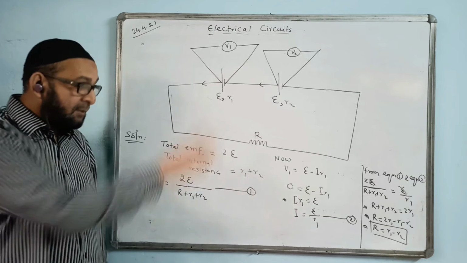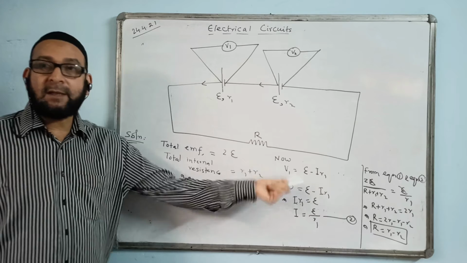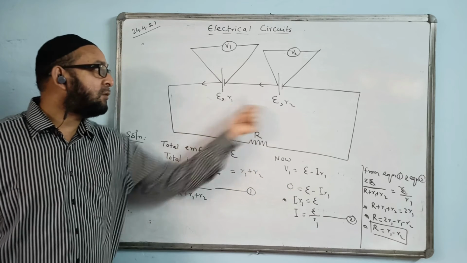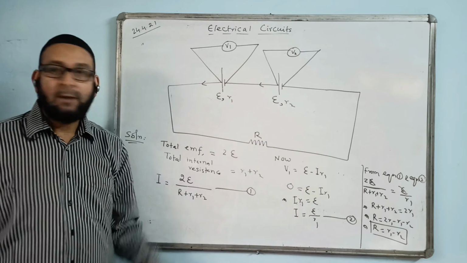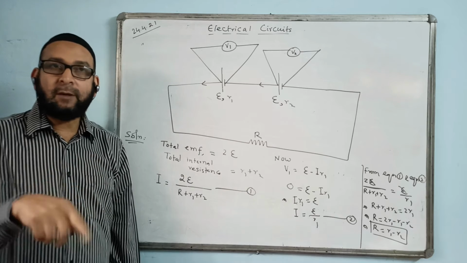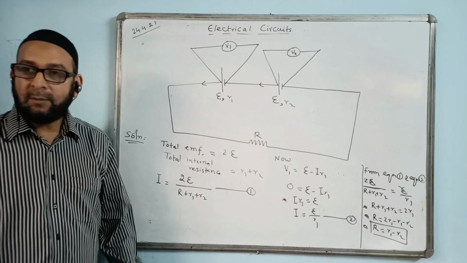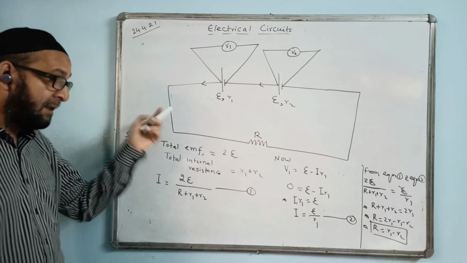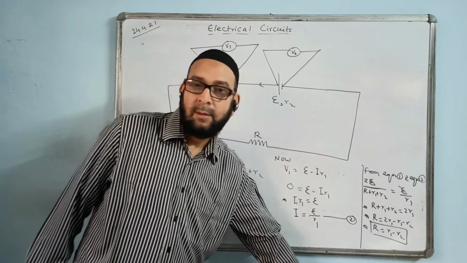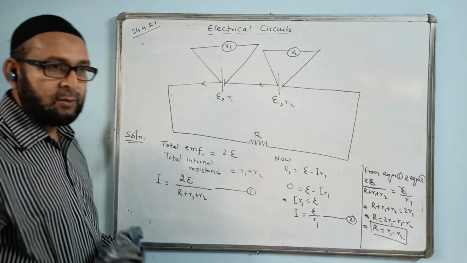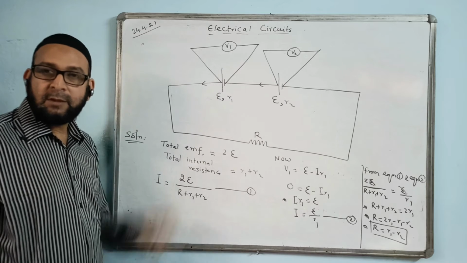So if you know the concept, the answer comes: the R value will become the difference of these two internal resistances, R1 minus R2. You can directly work out 3 minus 2, 1 ohm. You take the option 1 ohm. That was the MCQ question. In the NEET exam I had seen this question, year before last I suppose. So this is quite important.